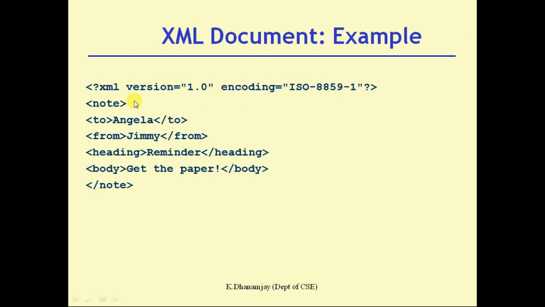Okay, and here you have to specify, see here, consider an email message like this: to, from, heading, body. So in the previous example we had different tags like article start, article end, but here it is note, to, from, heading, body, note end. That means you can define your own tags, but they need to have a certain meaning. Here they are not predefined, you can use another one also, note 1, note 1 ended, like that you can specify, no problem.